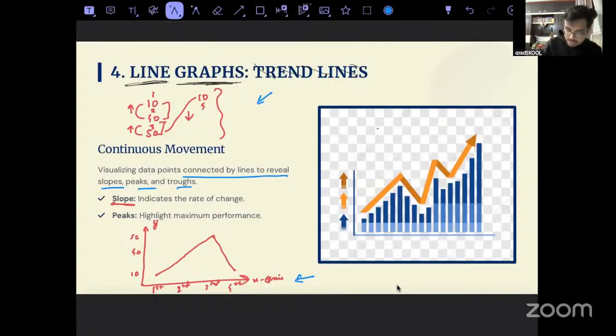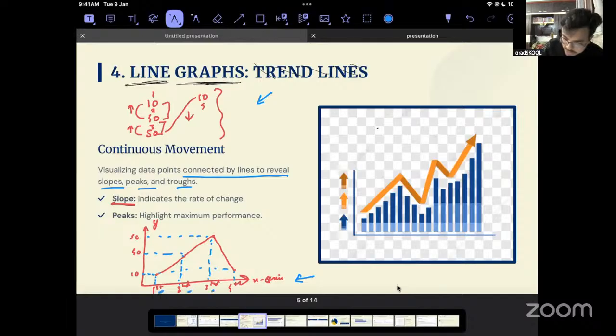So this is my graph. It's okay if you can do it, I'll also do it for you so that it's clear and you don't have any doubts in your mind. What is the value at first? This is my first, this is my second, this is my third, this is my fourth. What is the value at first? It is 10. What is the value at second? This is 40.